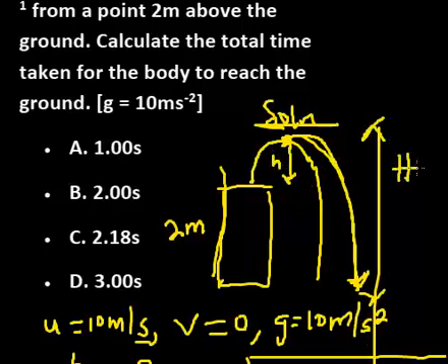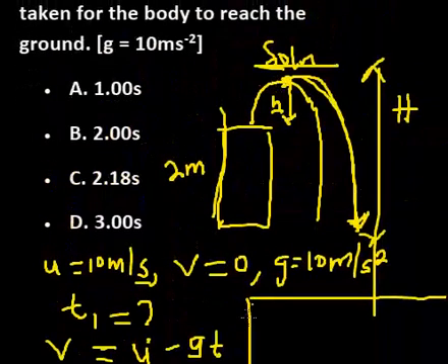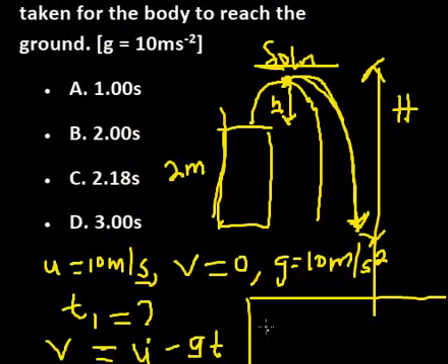Capital H is this small h, plus this 2 meter, right? Okay, so let's get that height there. So getting that height, which equation am I going to use? Okay, the same parameters, but this time around I'm looking for h. So that means invariably I'm going to use the second. That's h is equal to, right,